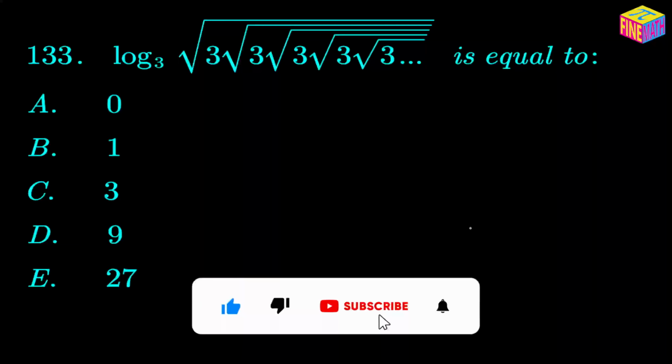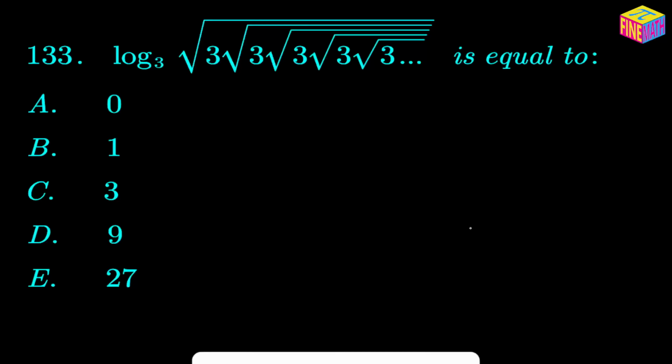So let's get started. Here the question says: log of square root of 3 times square root of 3 times square root of 3 times square root of 3 times square root of 3, and it goes on up to infinity. So the logarithm of this quantity for the base of 3 is equal to which of the following 5 options? To solve this kind of problem, let's first try to understand what is the value of the quantity for